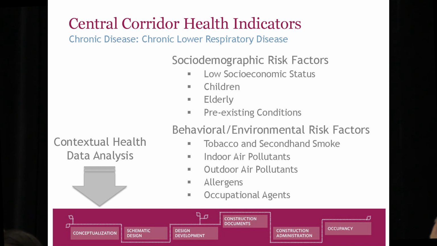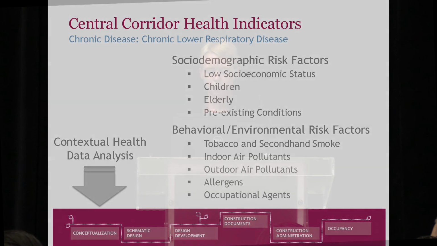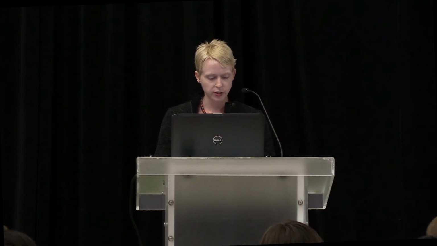That's what low socioeconomic status, or low SES, means. Children and the elderly are always going to be vulnerable groups because they have certain physiological characteristics that tend to make them more vulnerable. And then pre-existing conditions, health conditions, such as